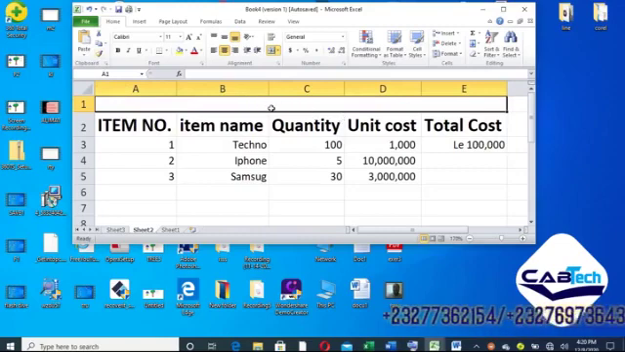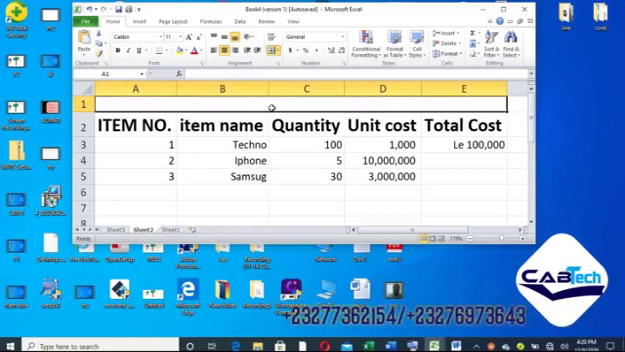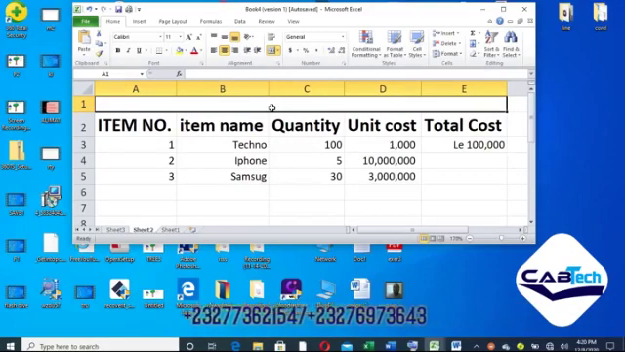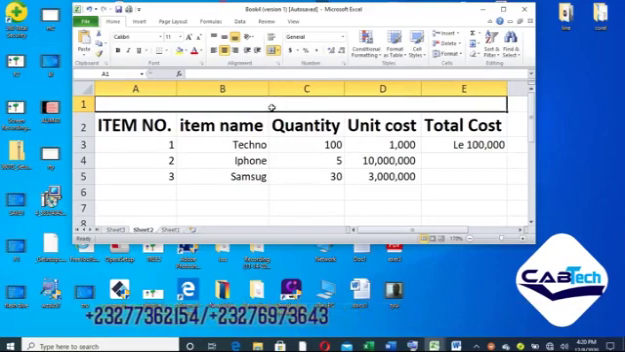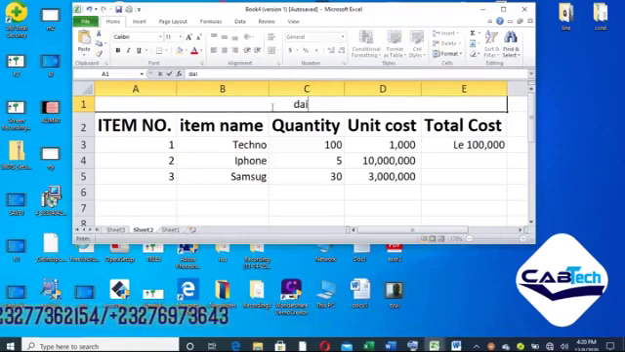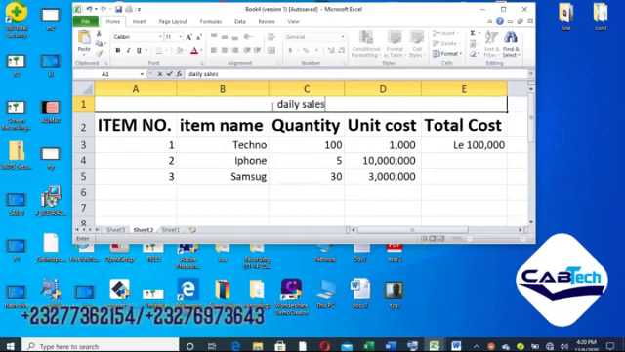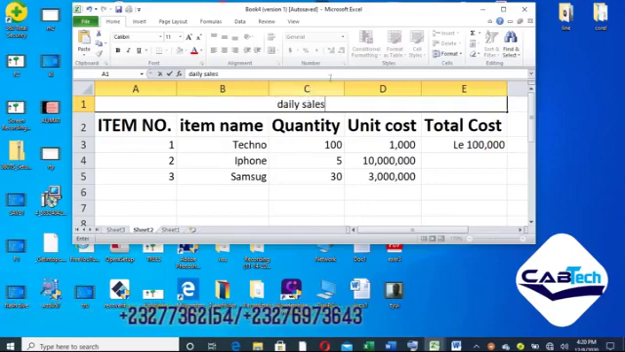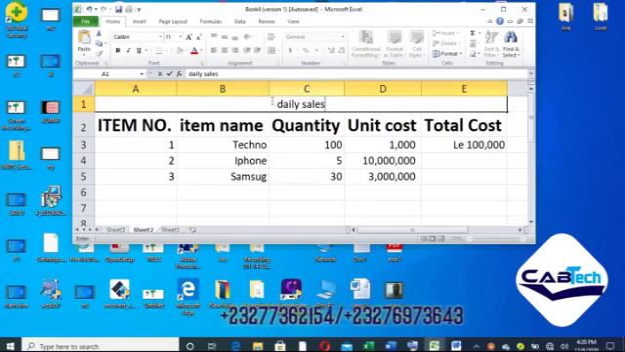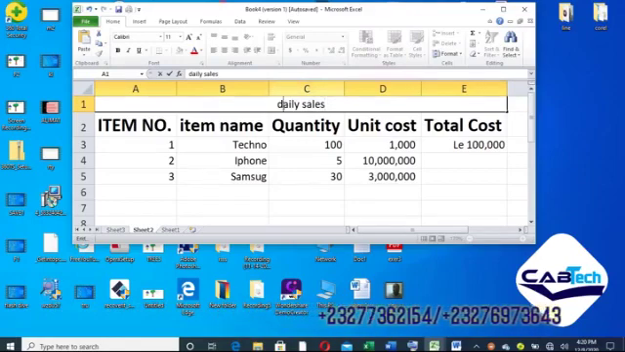Then you can enter the heading for this table. Now I can label it as what? Daily sales. So it's daily sales. I have entered the daily sales, so I can modify this one, try to